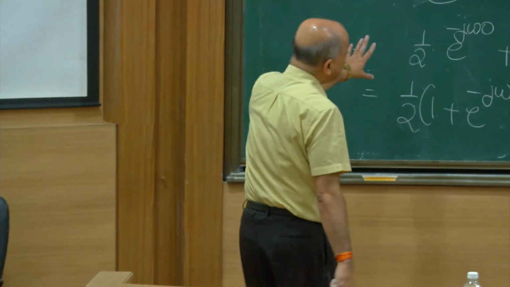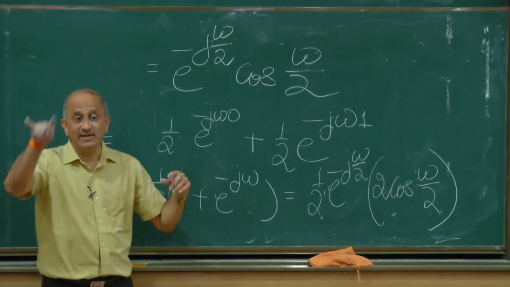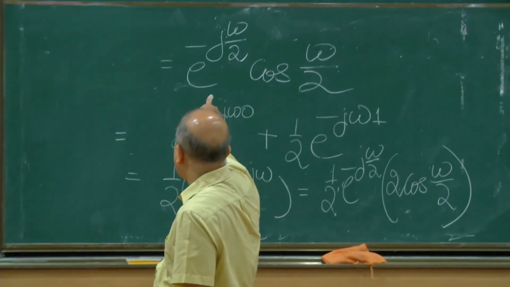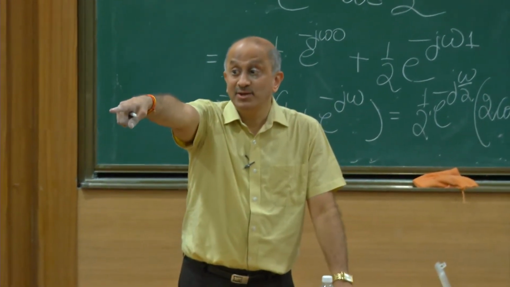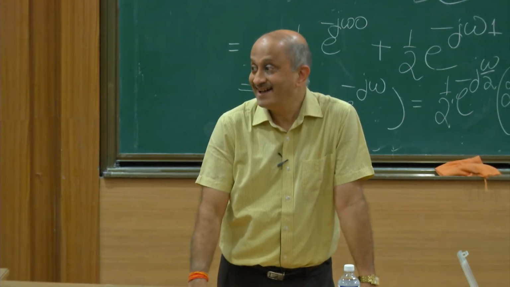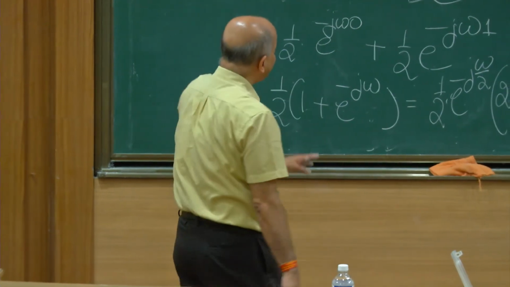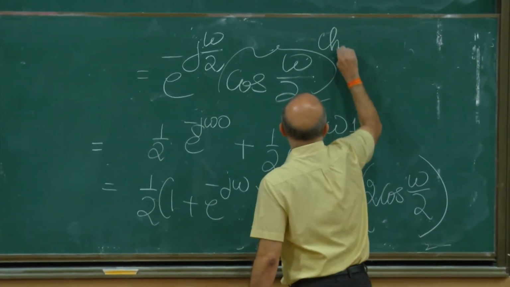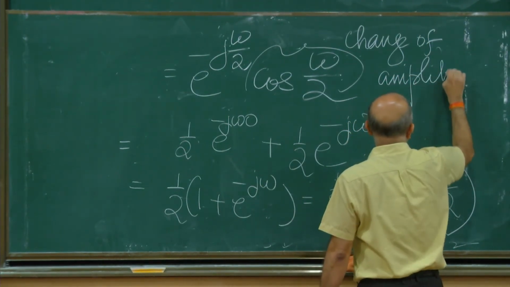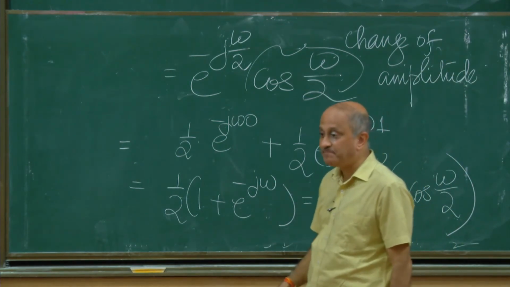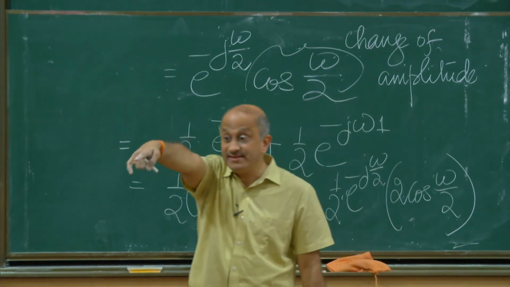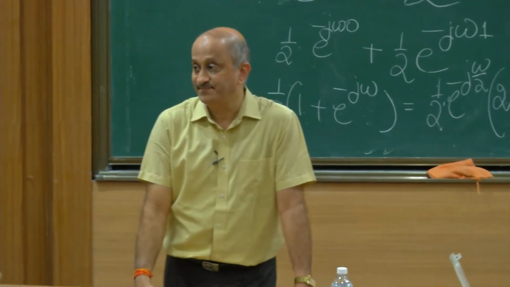So you've taken a dot product of the impulse response with this rotating complex number e raised to the power j omega n, right? And you get this e raised to the power minus. Now go back to your change of amplitude and change of phase. Can you link it to that? Yes, you see something similar here? So in fact, this is the change of amplitude. Is that right? This is the change of amplitude. And where is the change of phase reflected? Here. What is the change of phase there? Look at it. What is the change of phase in that system?